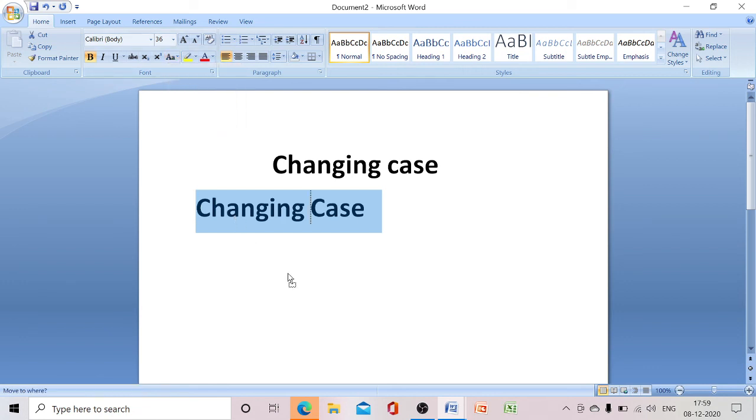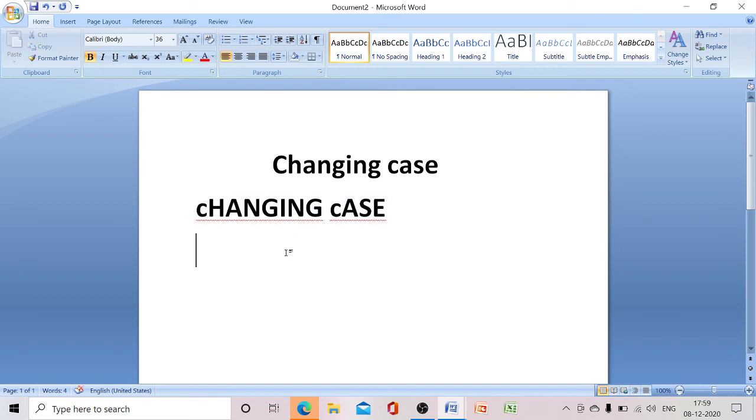That is, it has capitalized each word. Similarly, toggle case, see, it is the reverse: first the two C's were in capital, right? Now it is changed into lowercase. So this is the use of this change case option in MS Word 2007.